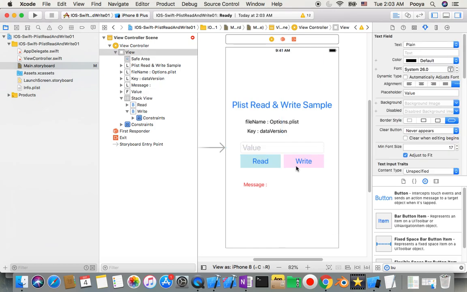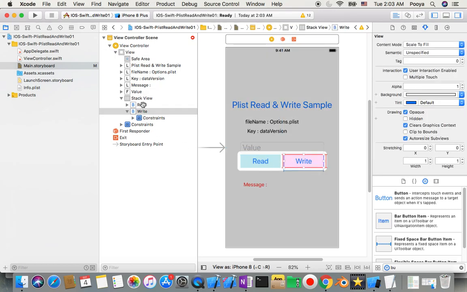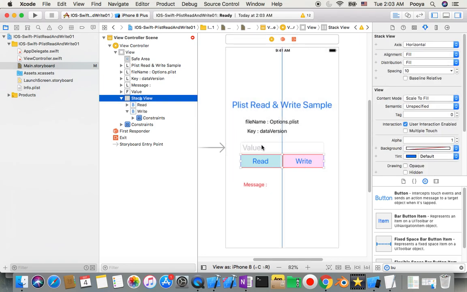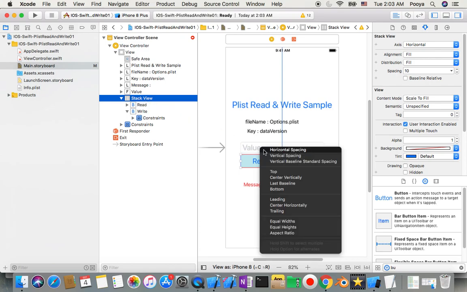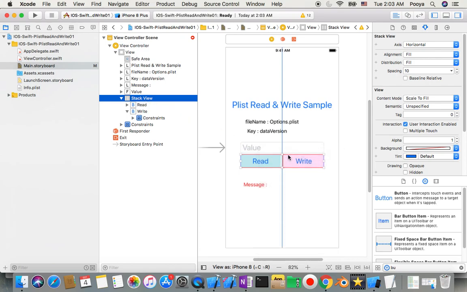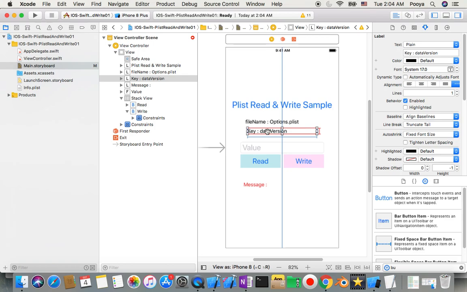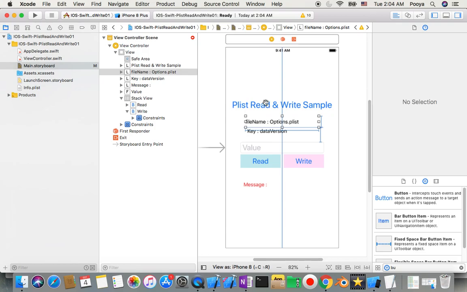Okay, now I just make the rest of the elements depend on this. So you just need to control drag from any element to this one and say vertical spacing. So it adds one constraint to keep the same space between them, the same space that there is already between them. So all of them will be in the same shape,